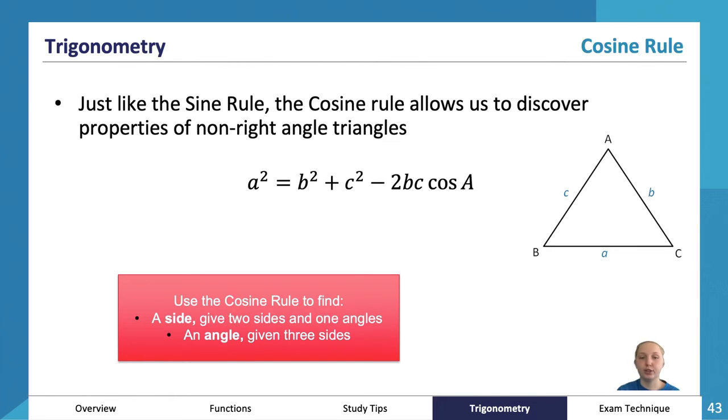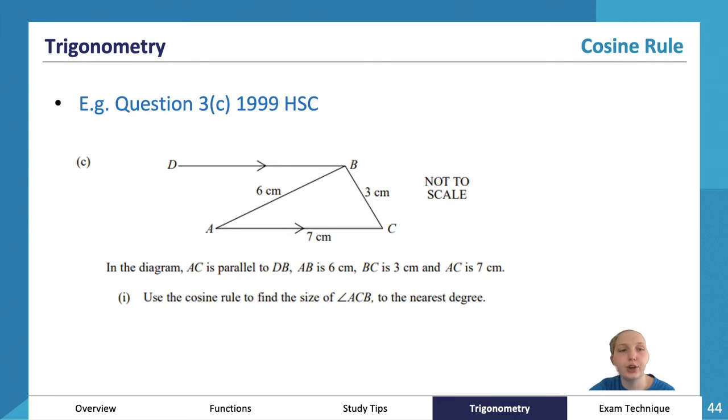So we're using the cosine rule when we need to find the third side if we've already been given two sides and an angle, or if we've been given all three of the sides and we need to find an angle. So just like the sine rule, I think this is easiest to understand when we look at some practice questions. So this is from the HSC question as well. I think this was worth maybe